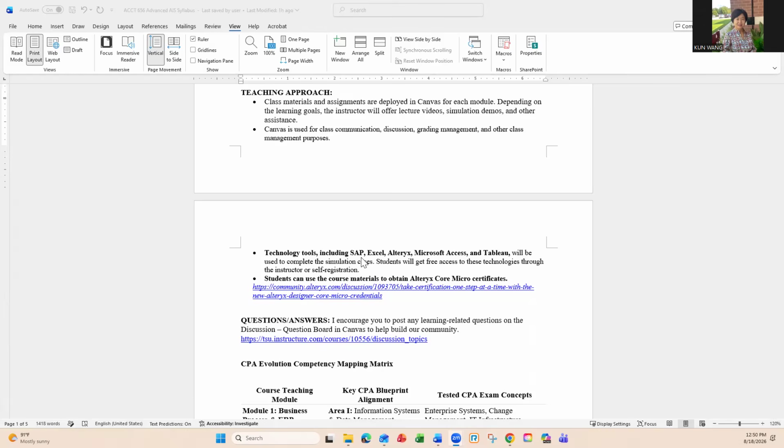The only thing is for Alteryx, I couldn't apply for a group, right? So if I'm teaching a class, there is no group license. Each individual professor or student needs to apply for their own license, but it's free and you can use it.